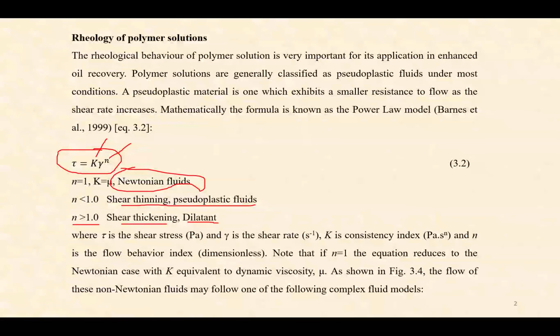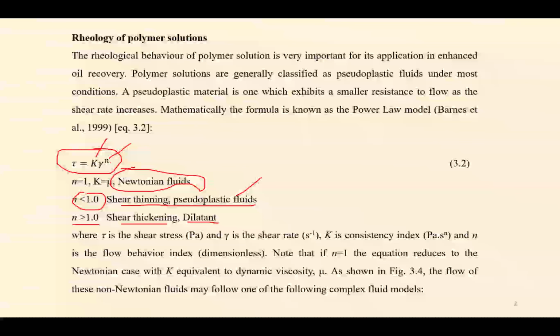It is observed that in most cases, the polymer we are using in enhanced oil recovery to improve the mobility ratio is generally a shear thinning fluid, where the value of n is less than 1, and it is the pseudoplastic fluid. In this case, these two parameters, the K value and n value, are very important,